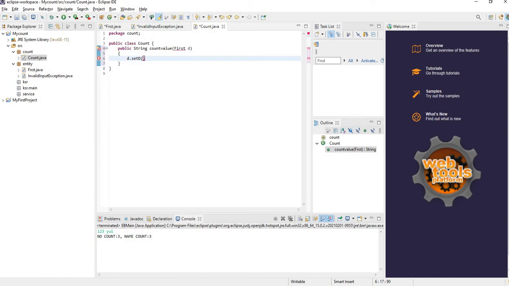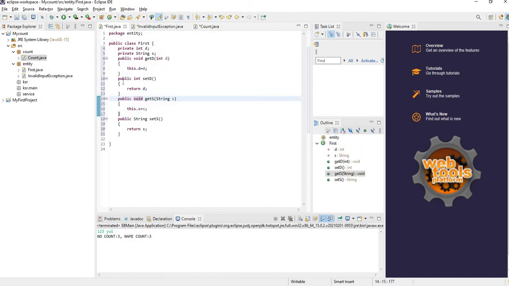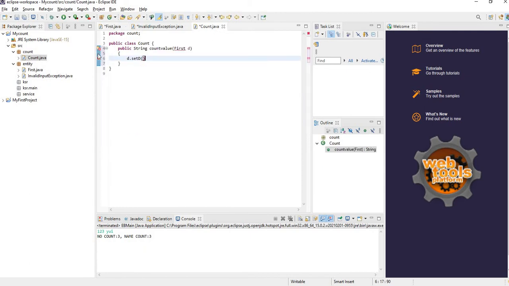The purpose of the getter method is to return the value from first.java. The value which is given as input is stored through the setter method, and with the help of the getter method we return the particular value to our count.java. So this is what the integer is.